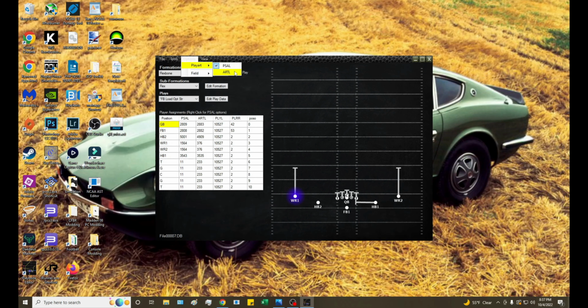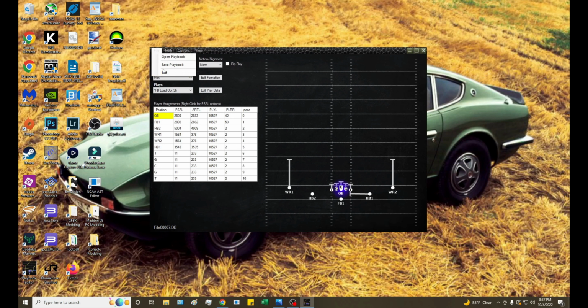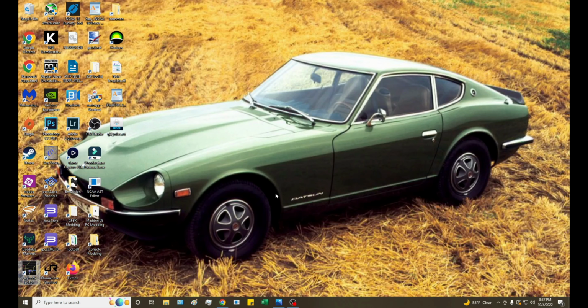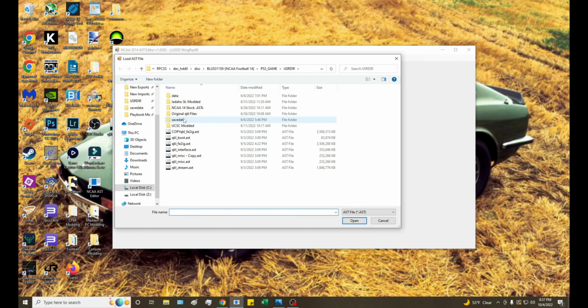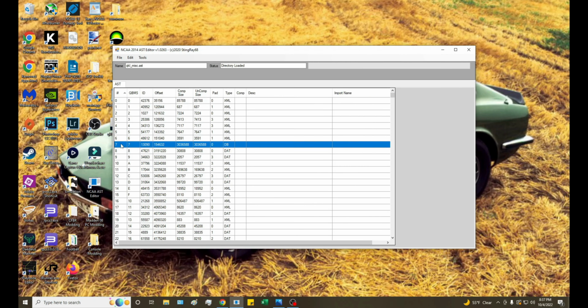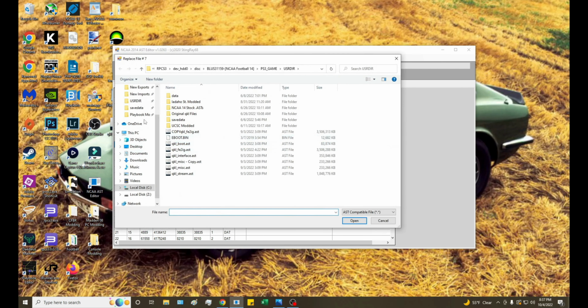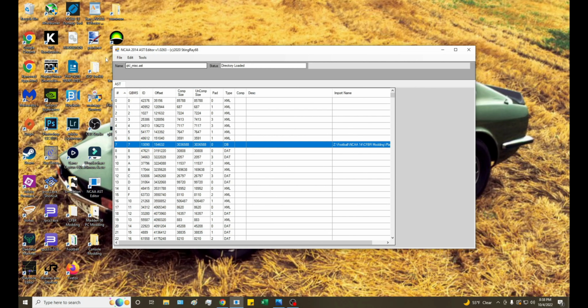And what I meant by the play art is if you go back and look, it's still the same. You make sure to hit save playbook. I made that mistake once. And now it's time to open your AST editor. And you want to open that miscellaneous file. Go to file 7, replace selected, find your modified playbook file, open that,